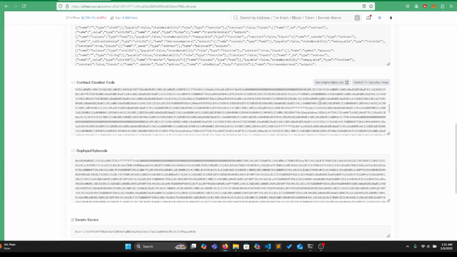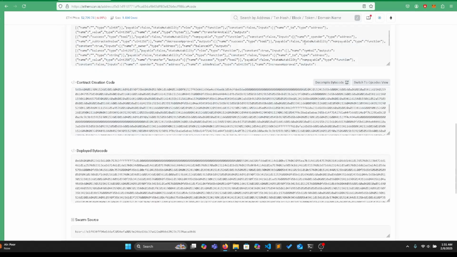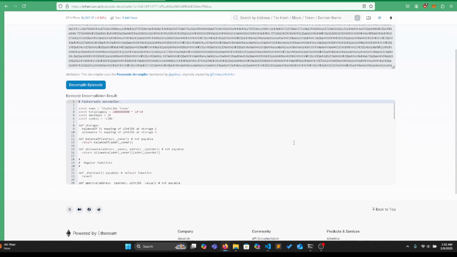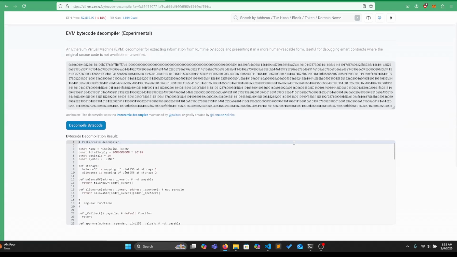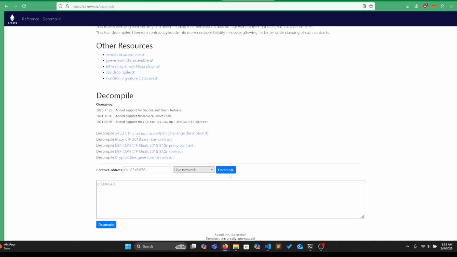This is an Ethereum-provided decompiler. You just need to click decompile bytecode, and it opens a new tab. Write this and click decompile bytecodes. They show some rough idea about the bytecode, and we can also use a third party like